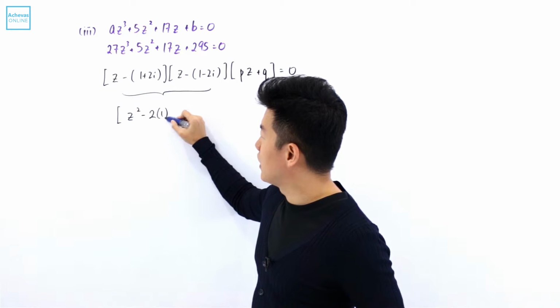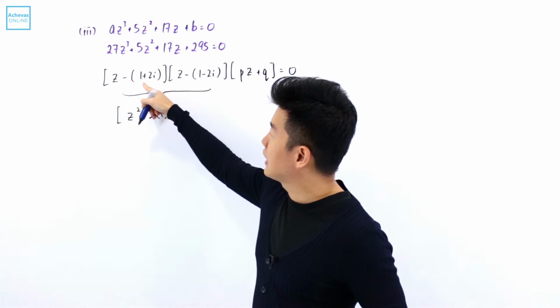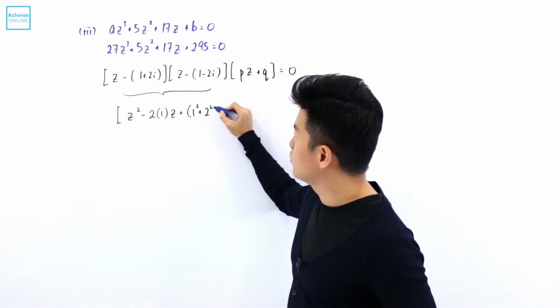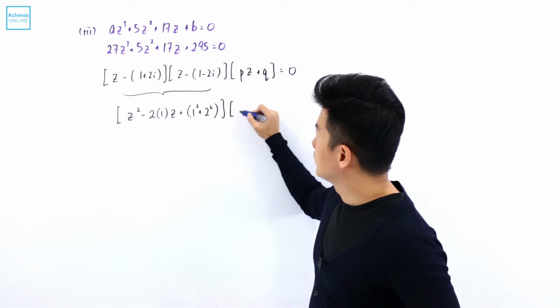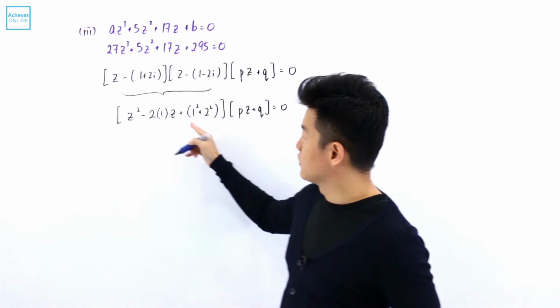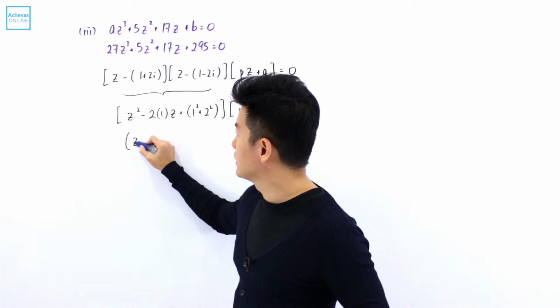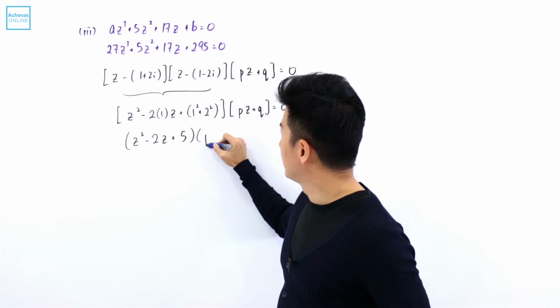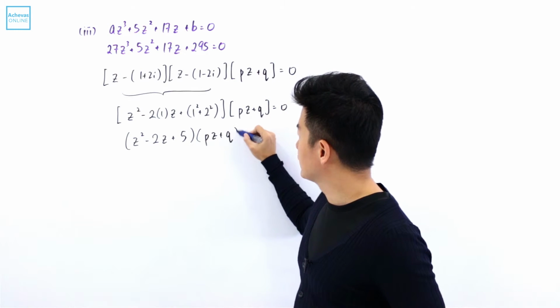It is going to be 1 times z plus the x portion square and the y portion square. So it is 1 square plus 2 square. And this multiplied by pz plus q, this is equal to 0. So here what I have is z squared minus 2z plus 5 multiplied by pz plus q is equal